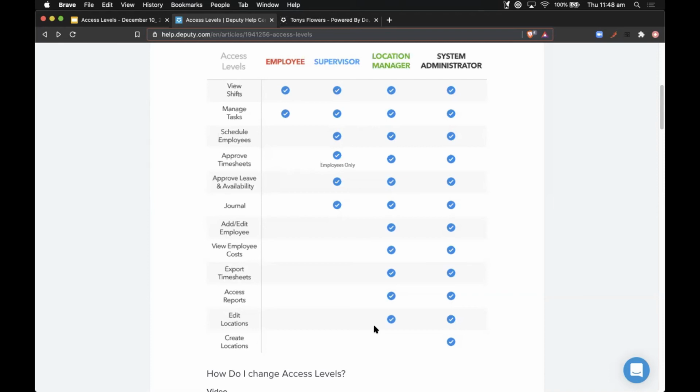Very important point if we're skipping the location manager access level. It also means that only system administrators can actually export timesheets. Good point, which could create a pretty contentious bottleneck when that person goes on a holiday or something like that. Correct. So in this case, I guess the best tip is make sure that you have at least 2 system administrators to share that workload, because